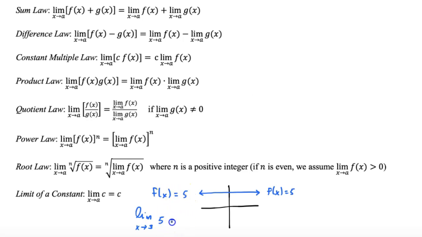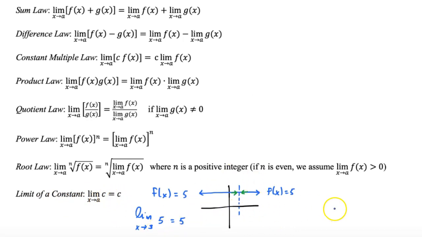So of this function, what I'm saying is, what does the y value approach as x approaches 3 from the left and from the right? Well, as x approaches 3 from the left and from the right, can I see that y still approaches 5? And so my limit as x approaches 3 of 5 will be 5. So that's what this limit of a constant means,